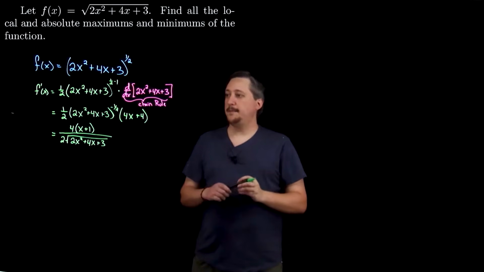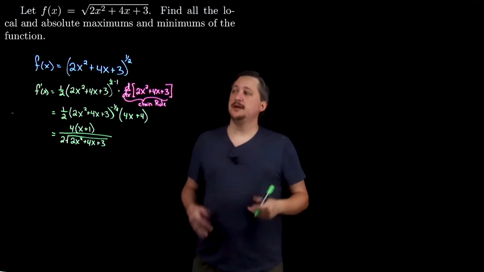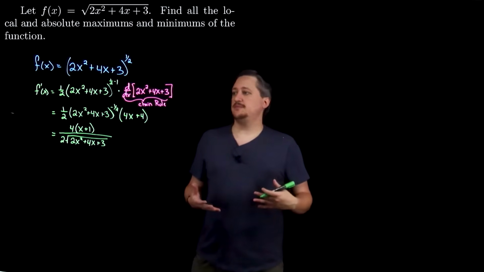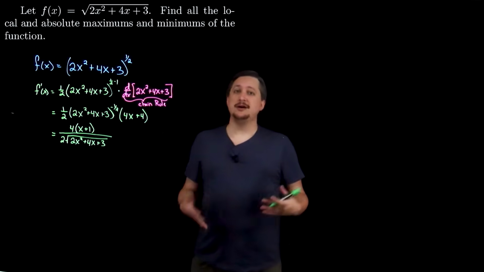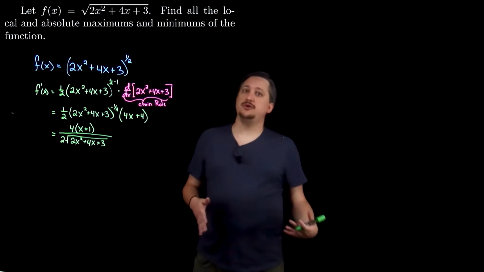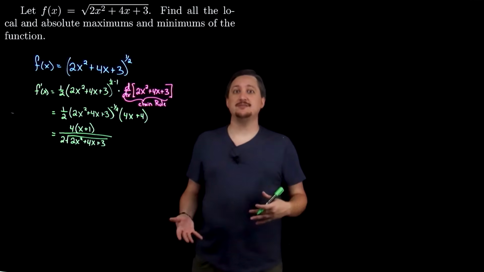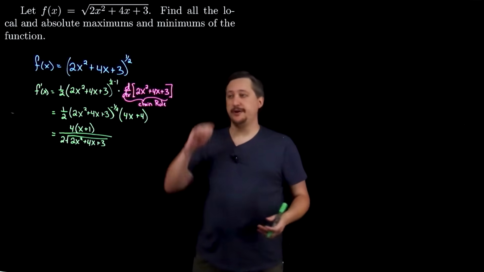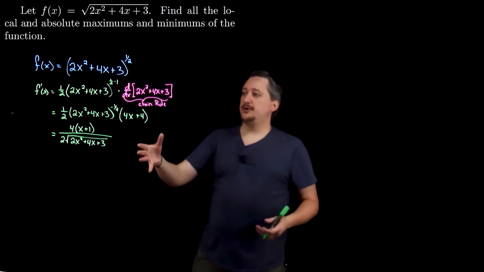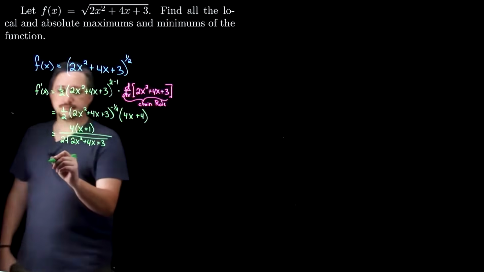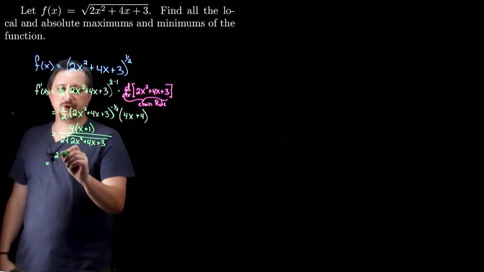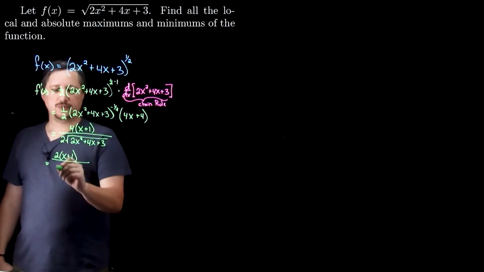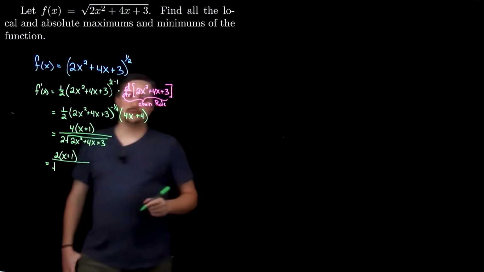So now I've taken my derivative, right? And my goal now is to find where this thing is 0, but I also need to know where this thing does or doesn't exist, because that's going to be part of the sign chart, right? So I'm going to clean this up a little more. In particular, I can cancel 2, so I'm going to have 2 times (x plus 1) over the square root of